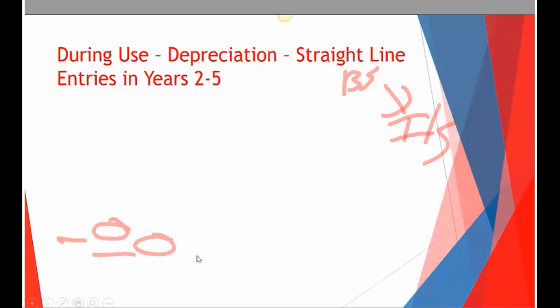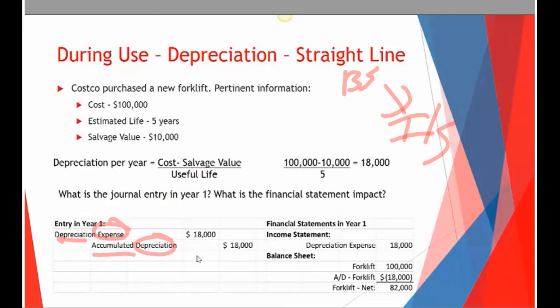And then year one, go back. I didn't say go forward yet. So in year one, we've got depreciation expense. And I just wanted to show on the bottom right-hand corner of that balance sheet the forklift of 100,000. Then we've got the accumulated depreciation, and then we'll show the net balance of the forklift. Net book value, NBV, 80,000. Most companies will actually show net property, plant, and equipment.